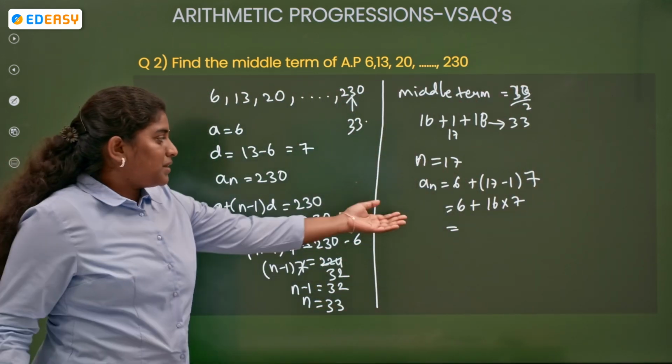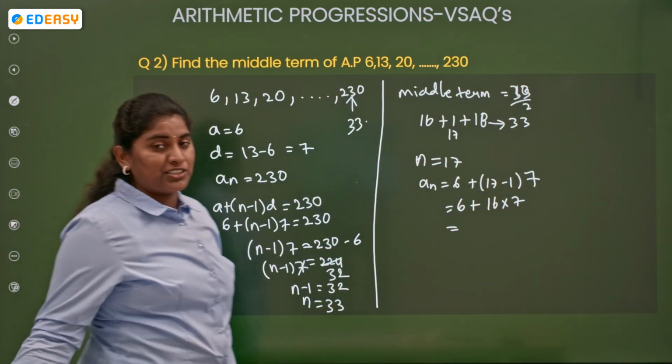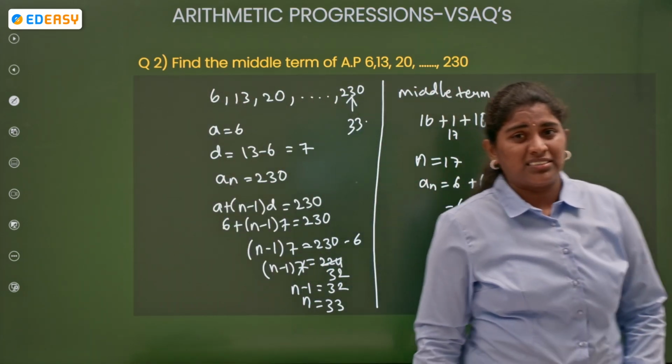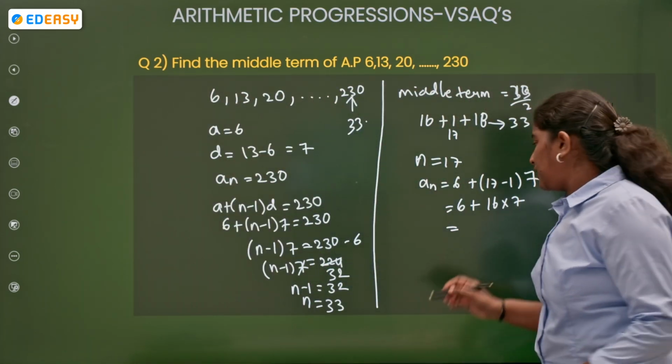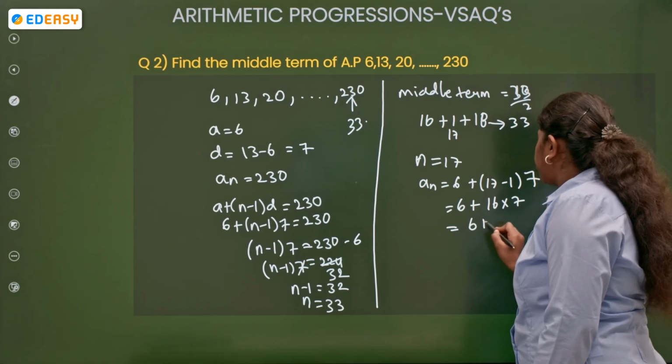Okay, that's a simple calculation. 16 into 7, how much? Yes, 112, right? So now 6 plus,